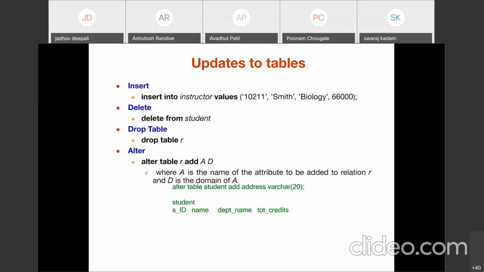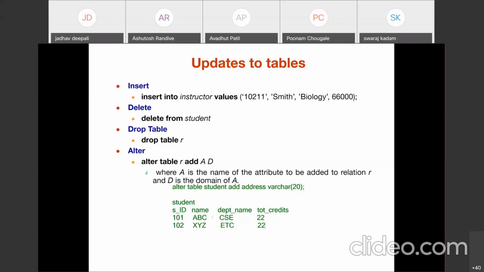So this is the current situation of the table, or we can say an instance of the table, that this table has 4 attributes, along with 2 tuples in the table.